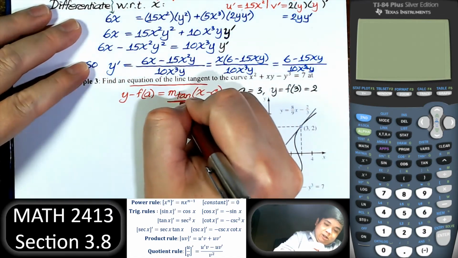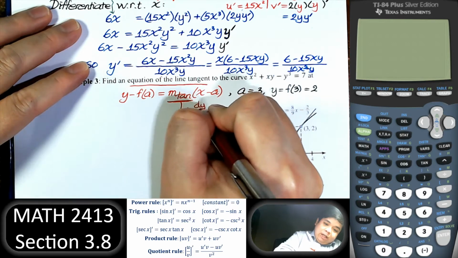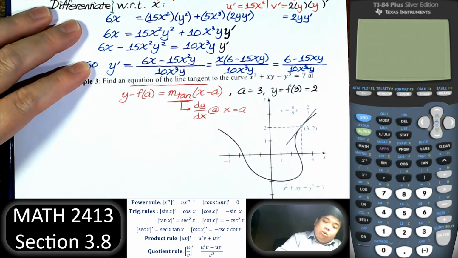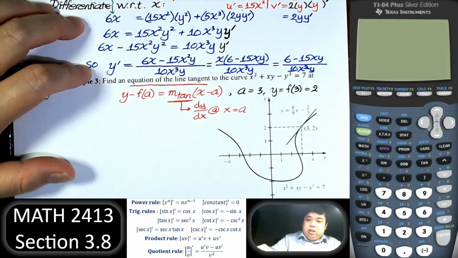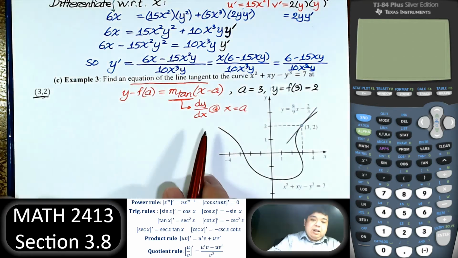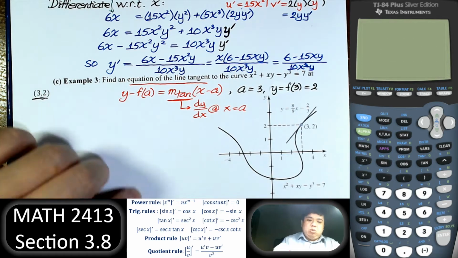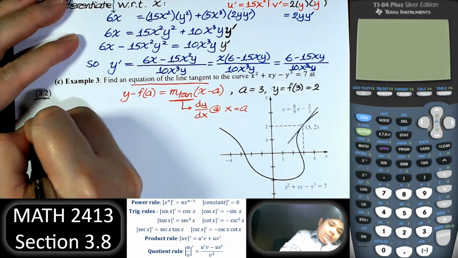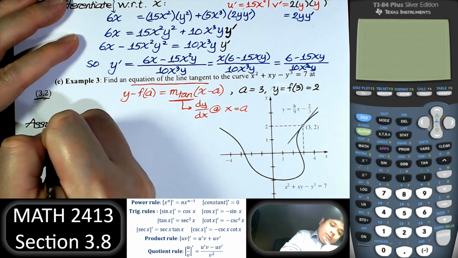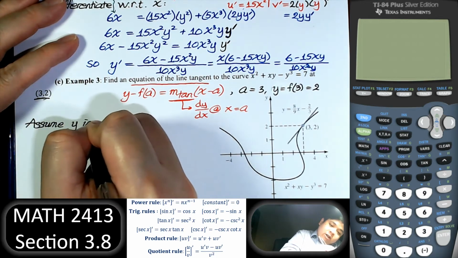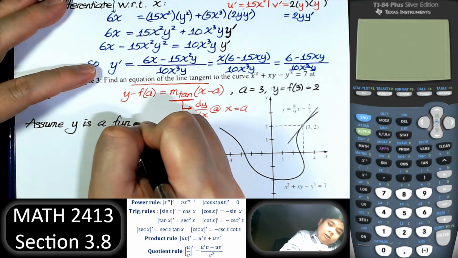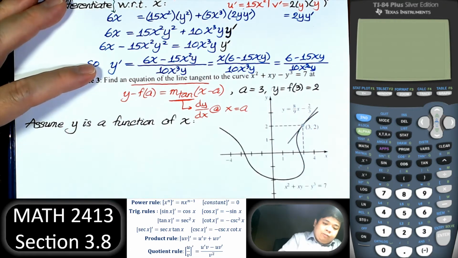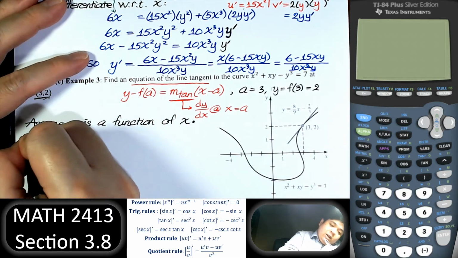So this is dy over dx at x equal to a. So derivative when x equal to a, which is x equal to 3 here, that is derivative of the tangent line. So pretty much we find the derivative. So first we assume y is a function of x. Next, we differentiate